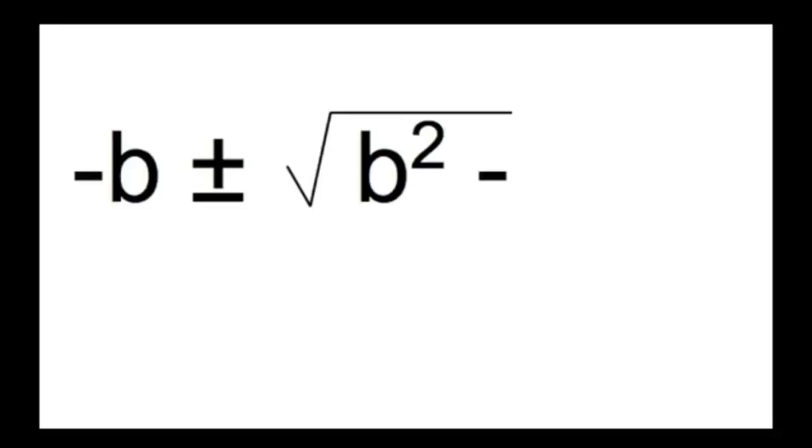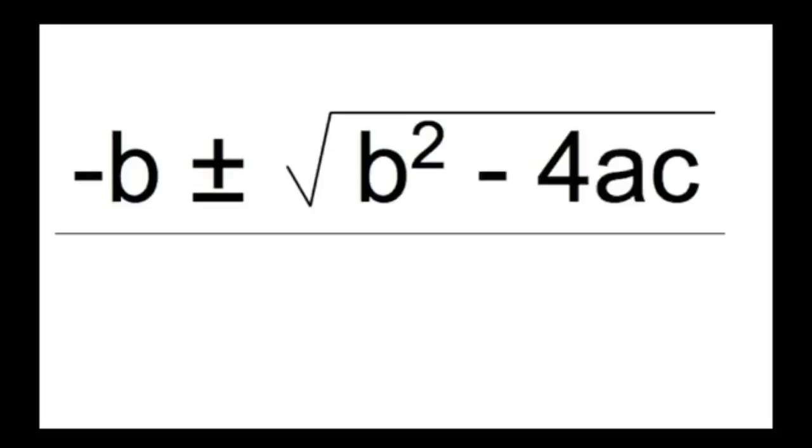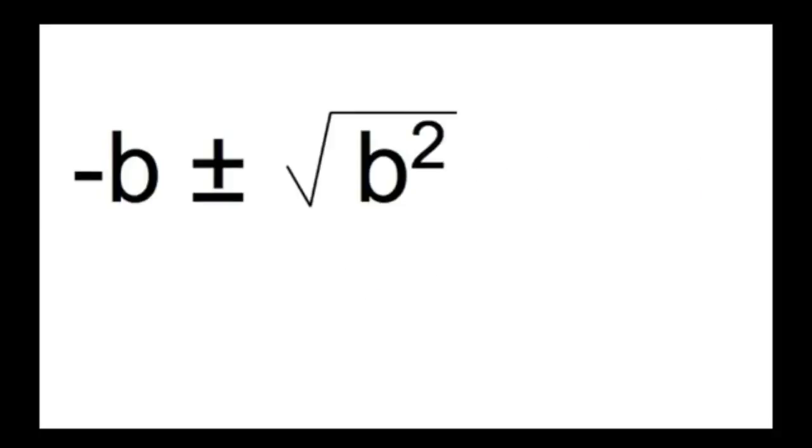Negative b plus or minus root of b squared minus 4ac all over 2a. Negative b plus or minus root of b squared minus 4